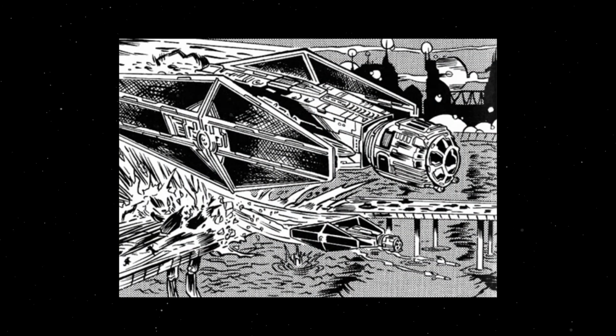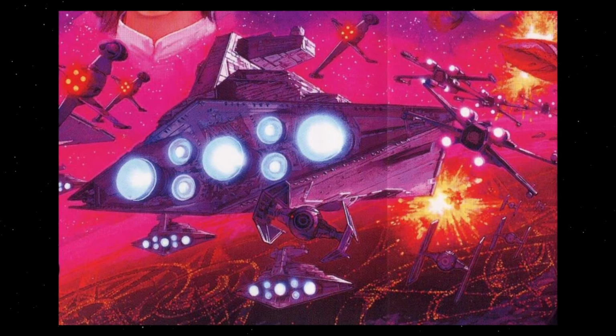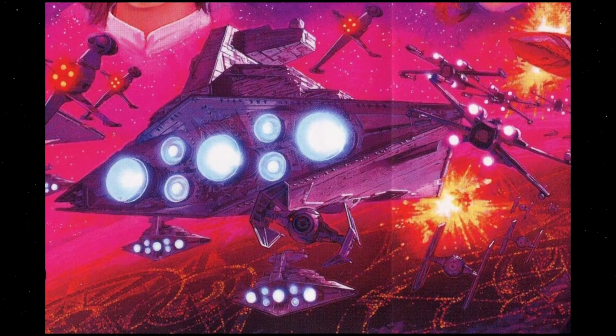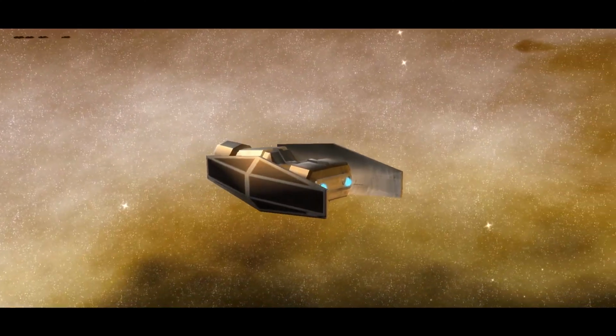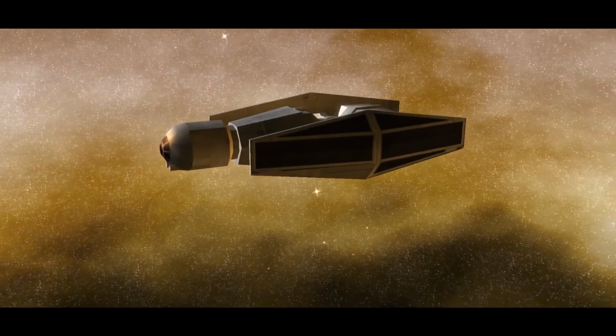The Assault Bomber was seen as late as 30 years after the Battle of Yavin at the final Battle of Coruscant, where squadrons of scimitars were used by elite units of the Galactic Alliance against the Yuuzhan Vong and their biotic ships. Speaking of elite squadrons of scimitars, one of the most famous scimitar units was known as the Scimitar